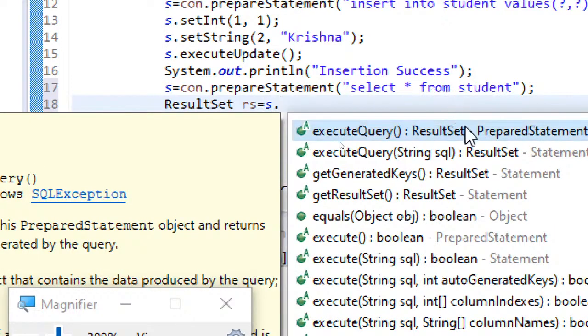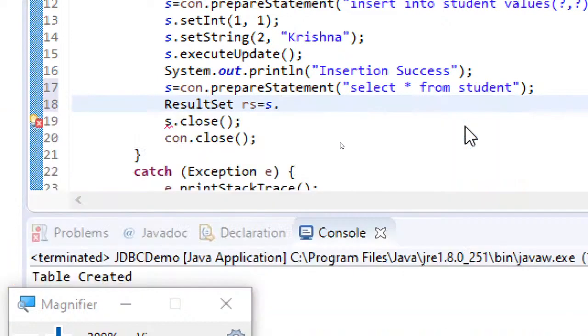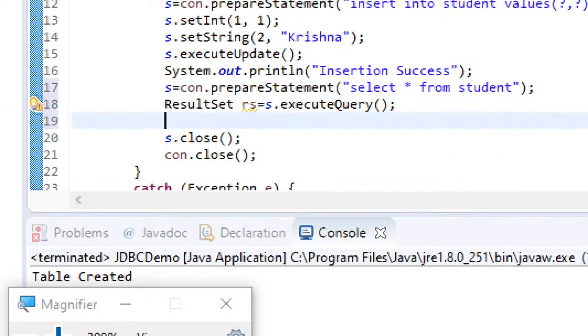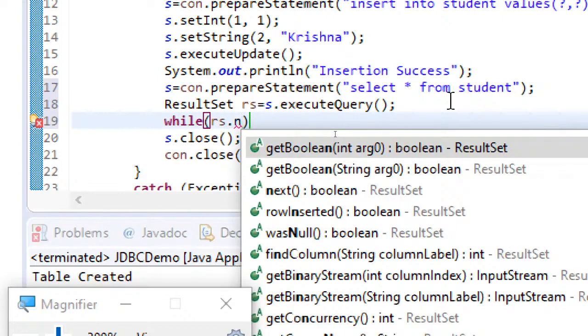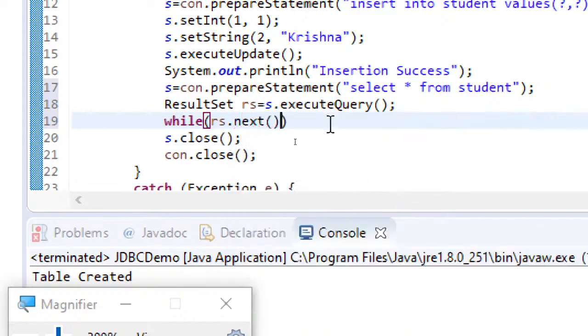here you can see the very first thing itself. For result set, you will be invoking the method executeQuery. So the executeQuery method, we use it exclusively for result set. So I'm using this executeQuery semicolon, and in order to retrieve, we will be using a while loop, and within the while loop you will be using while rs dot next. Here you can see the next method returns boolean. That means if it has a next field, I mean next attribute, then this next method will return true.